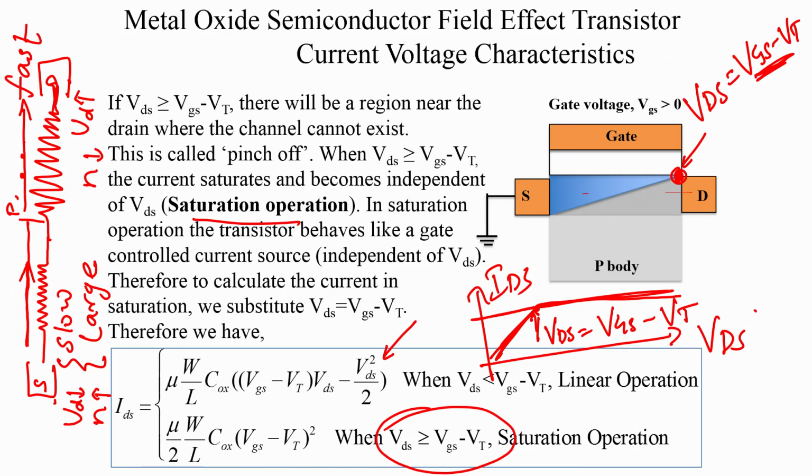So, when VDS is VGS minus VT, what happens? The current becomes VGS minus VT square by